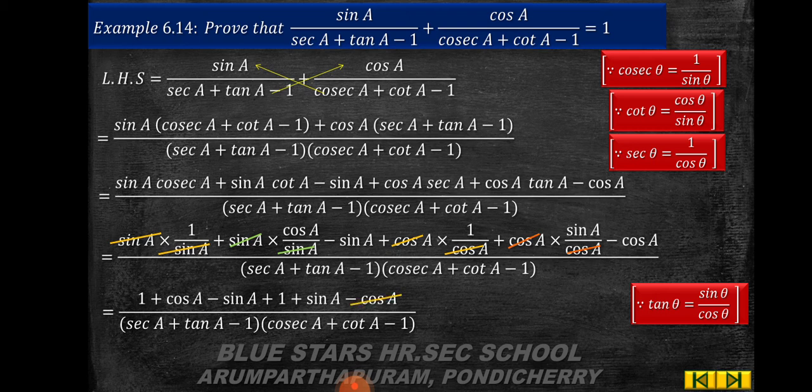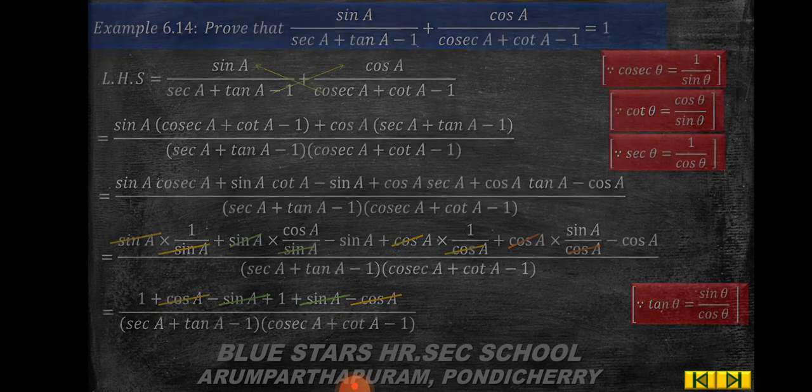So minus cos A plus cos A gets cancelled, plus sin A minus sin A gets cancelled. You get 2 divided by secant A plus tan A minus 1 into cosecant A plus cot A minus 1,